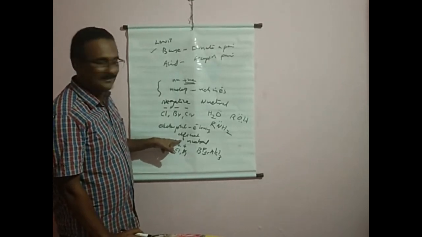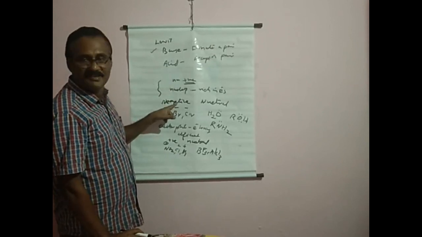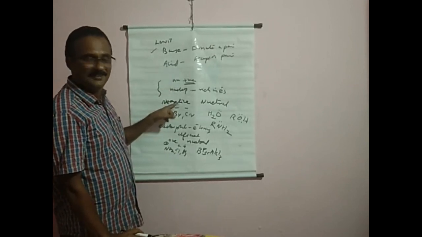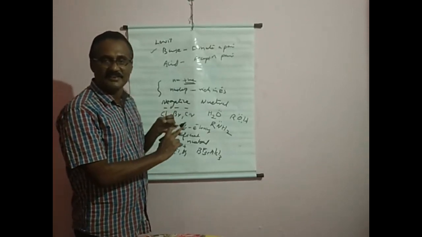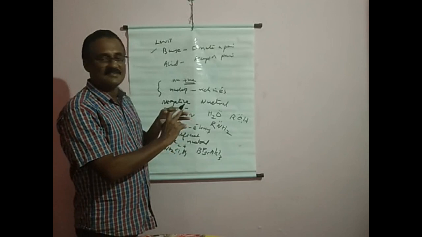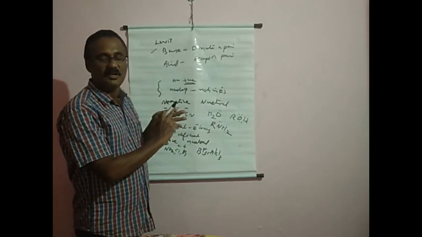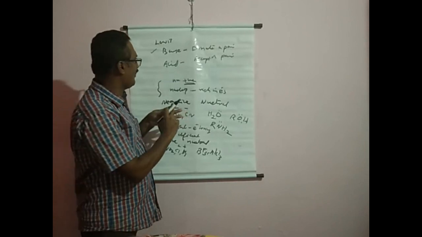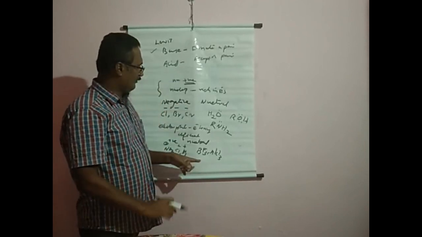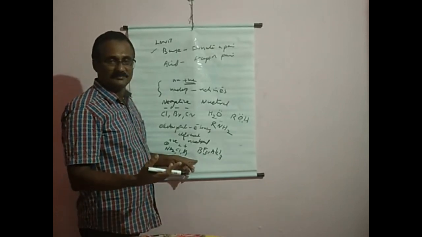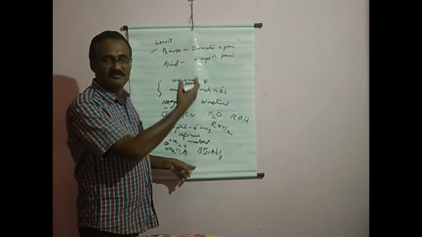Okay? You should know what a nucleophile is, what an electrophile is, what homolytic cleavage is, what heterolytic cleavage is, what curved arrow notation is, and what fishhook arrow notation is. These are the key points that we have studied today. We will discuss the later part of this organic reaction mechanism in the next videos.